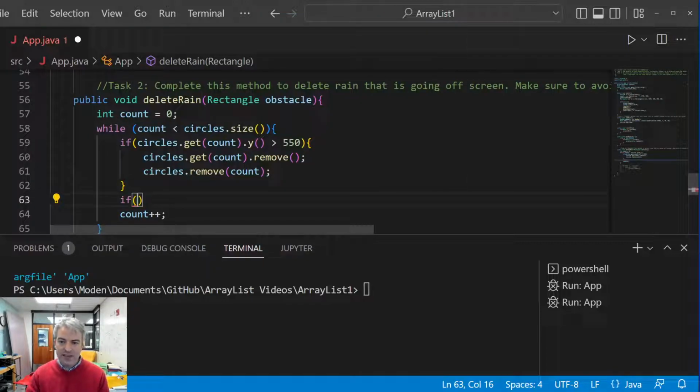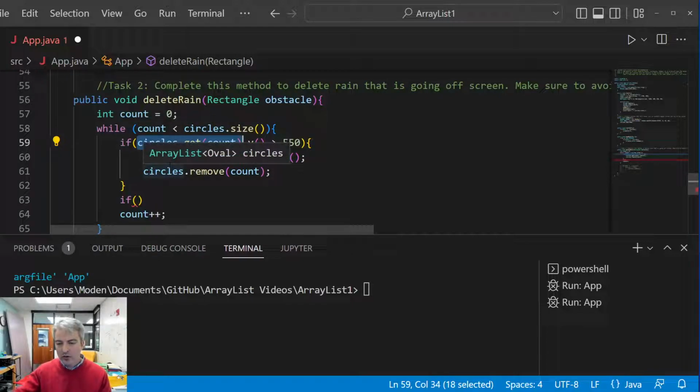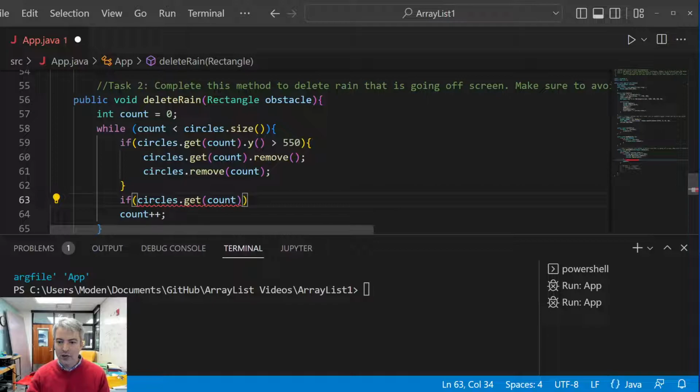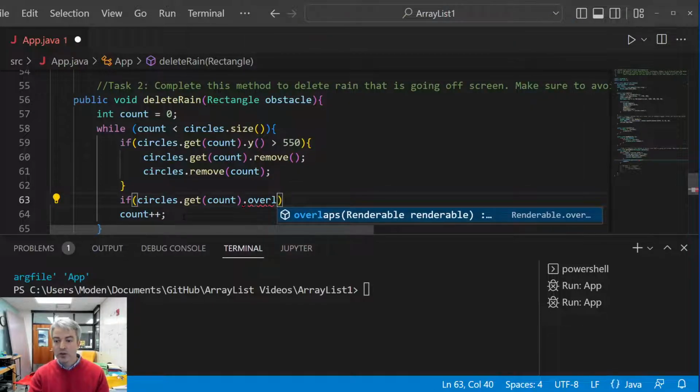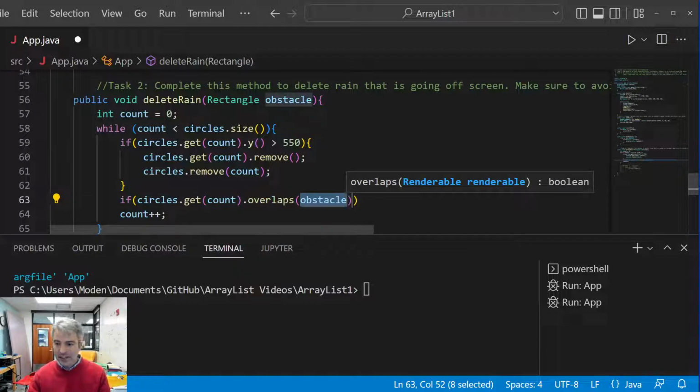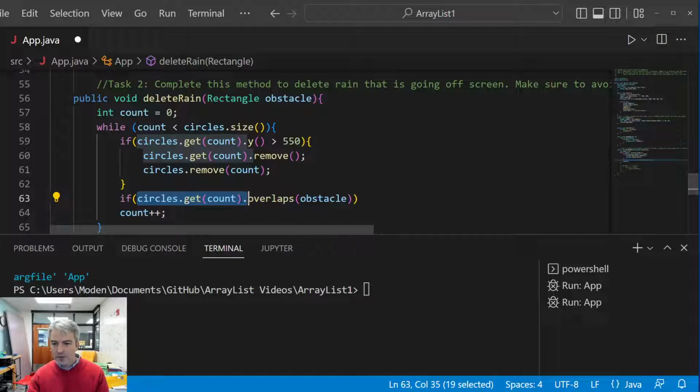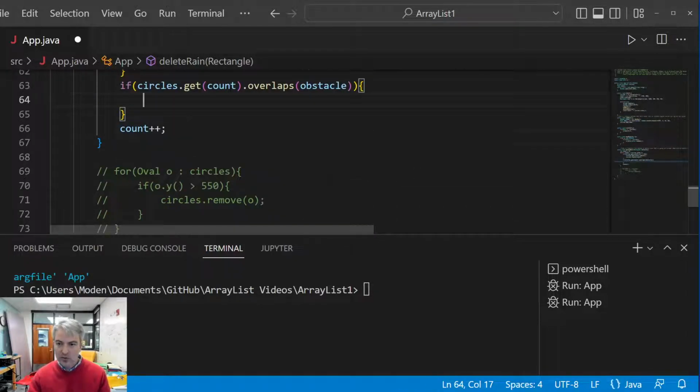And I'm going to say, hey, go grab that thing. Still use the count. Still go grab the item from our loop through the whole array list using count. Let's access the thing that's located at count right now. And here's what we're going to use. Maybe some of you have done this before, we're going to use a method called overlaps. And that looks like it already auto-filled for me. So we're saying if this oval we're pulling out overlaps with obstacle,